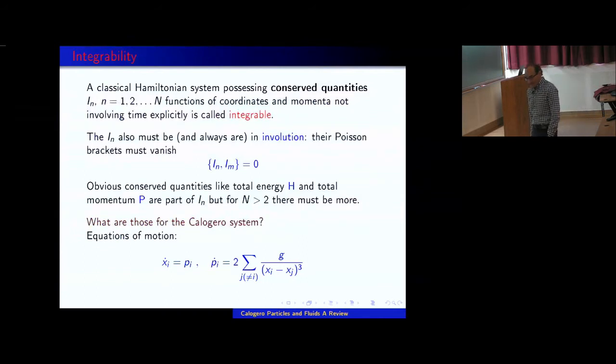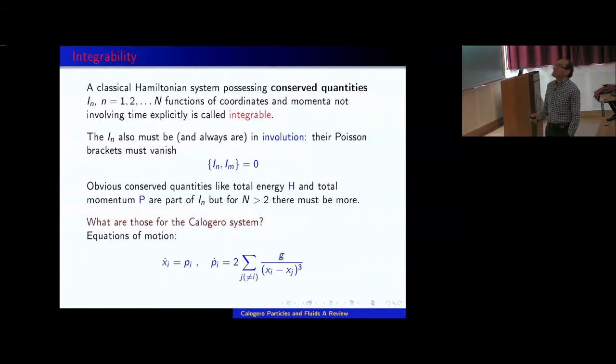Of course, what makes this system both interesting and relevant for this conference is integrability. This system is integrable. A classical Hamiltonian system is called integrable if it contains as many conserved quantities in involution, Poisson commuting, as there are degrees of freedom. These quantities should also be time independent, otherwise it becomes a triviality. You can always choose the initial values of the positions and call them integrals of motion, but that's not useful.